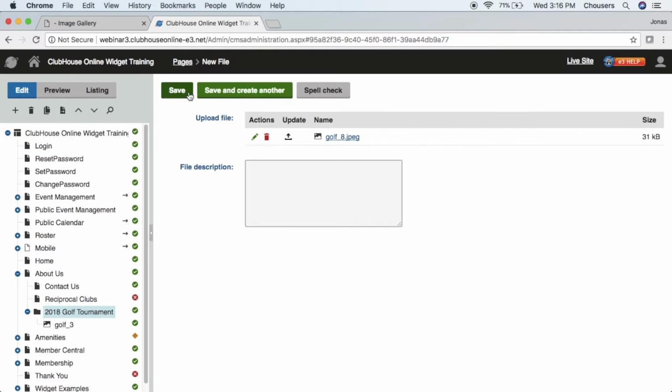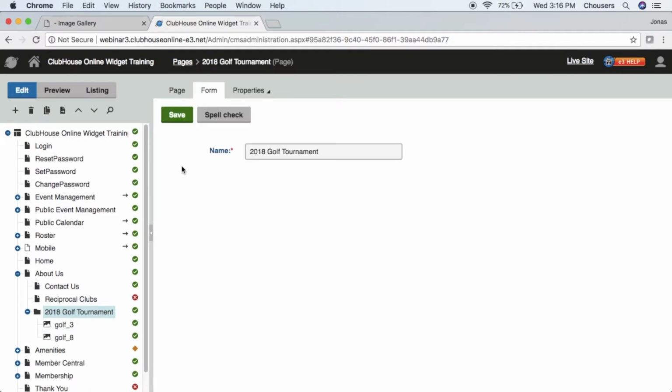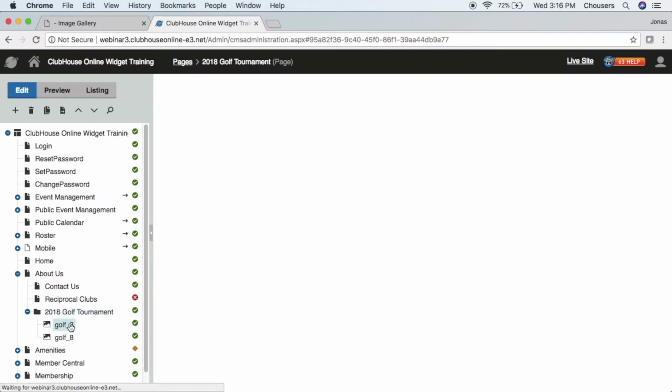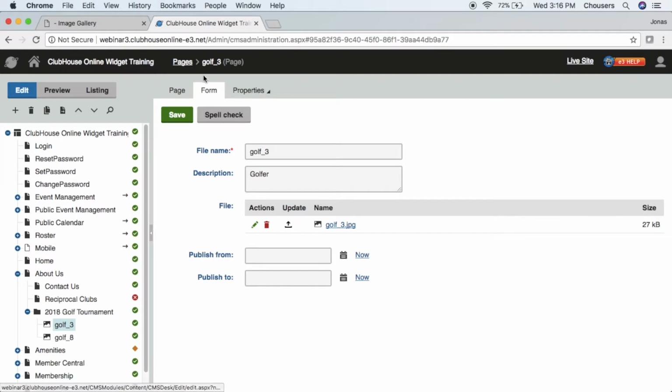ahead and save. If you ever want to add a description or adjust the description for an image, you're simply going to click on the image and you can update that description within the Form tab under Description. Also, if you ever need to replace this image, you can always click the arrow under Update and add a new version. Or if you don't want the image at all, you're simply going to click on the image within your content tree and click that trash can. You can also rearrange the order of the images as they appear within the image gallery by using your up